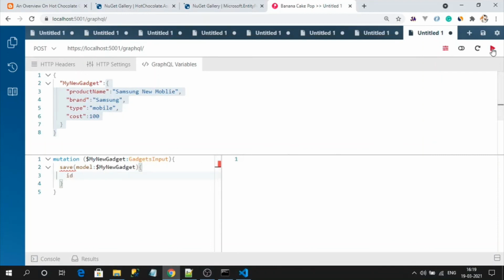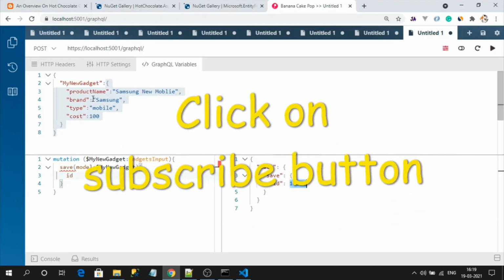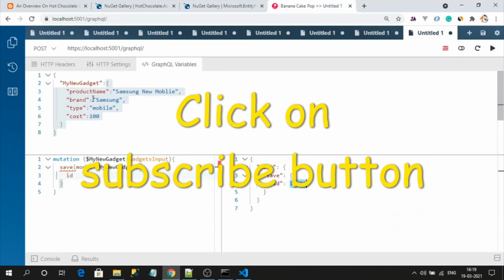Okay, so now let's run. See, I got an ID. My record is successfully saved. So this is how we need to frame the mutation type request to save or update our data into the